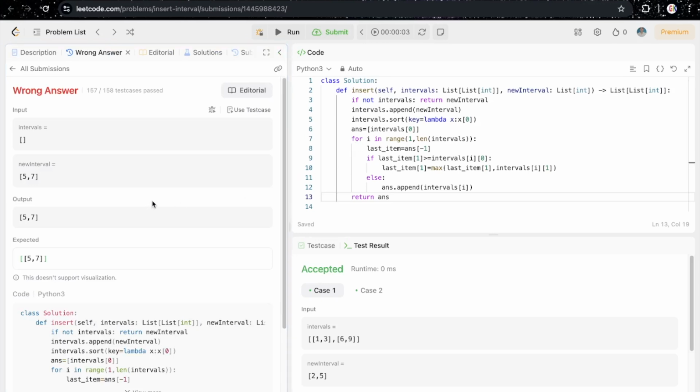Okay, [1,5]. My output is [5,7], but it is expected a list of [5,7]. Inside a list, return. Okay,